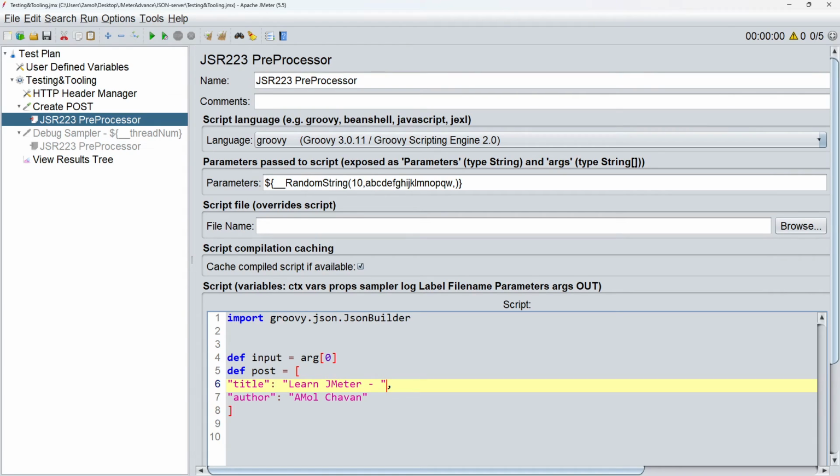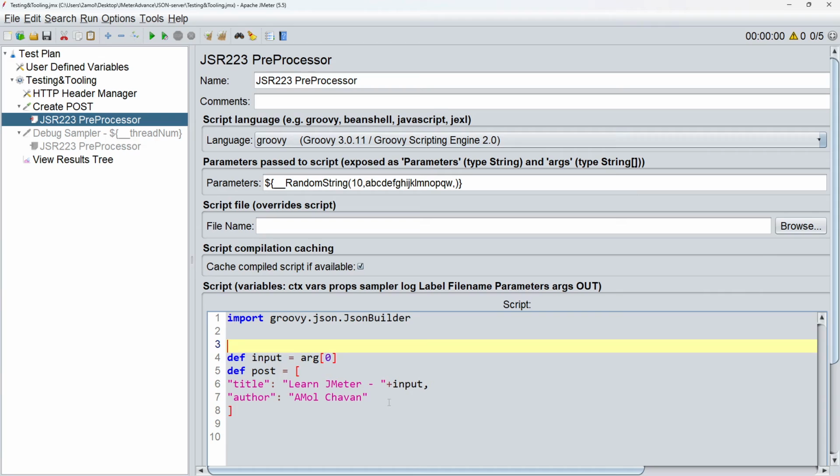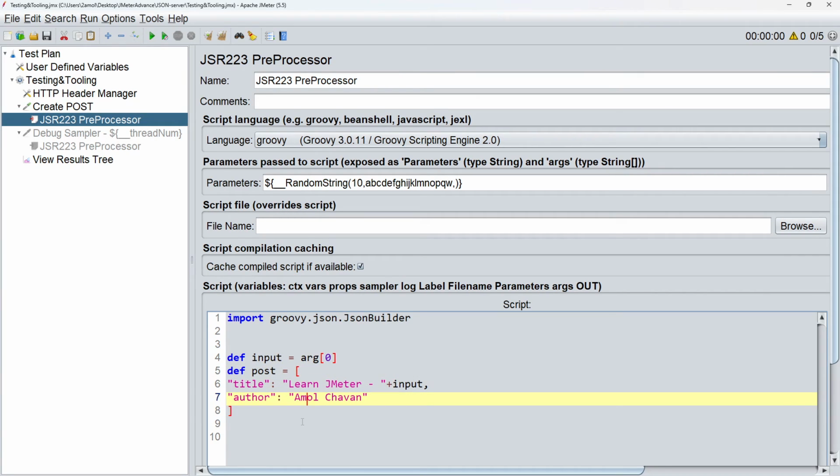There could be multiple ways we can do that. We can create a parameter, we can create a class. So let's try to keep it simple. Let me see if this is going to work. If not, we will try to figure out a way to do that. So I'm going to keep the author the same, and I'm just going to change the title,